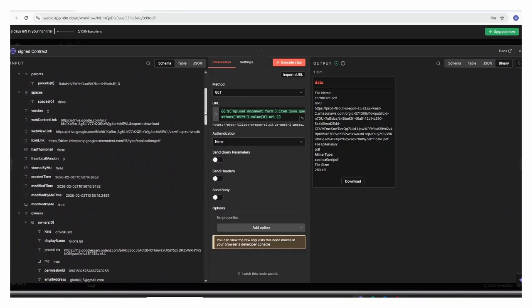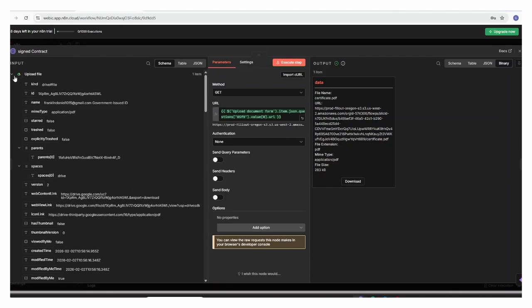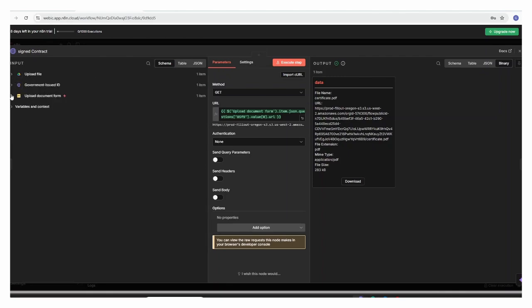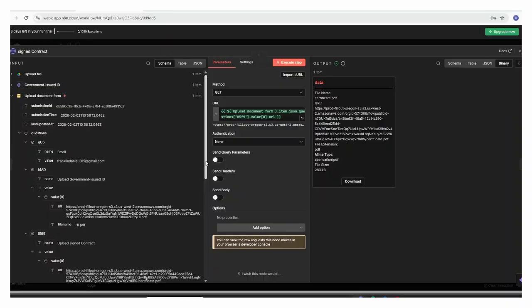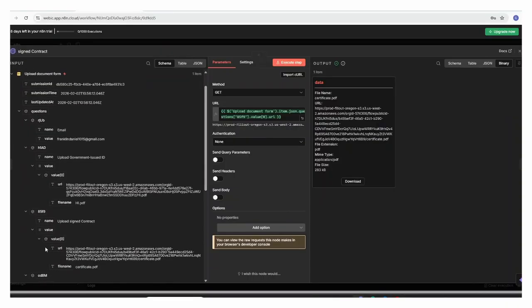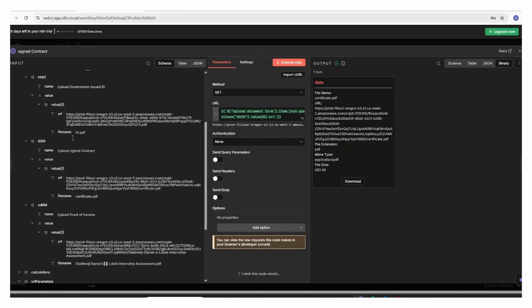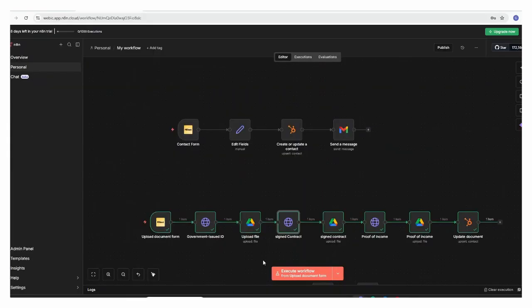Not from this one. It's going to be from here. So this is the first link, this is the second link, and this is the third link. All we have to do was drag this second link here, and that was it. We repeated the same process for it too. And the same thing till we want to update